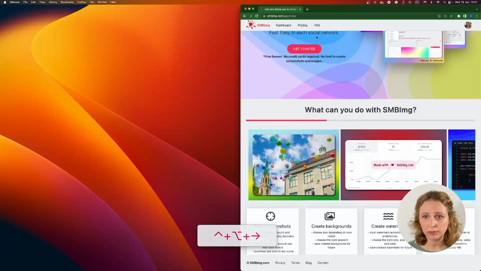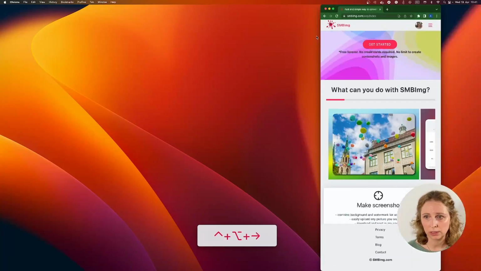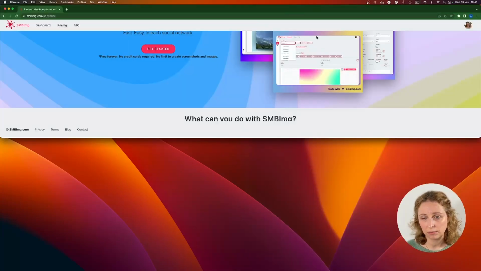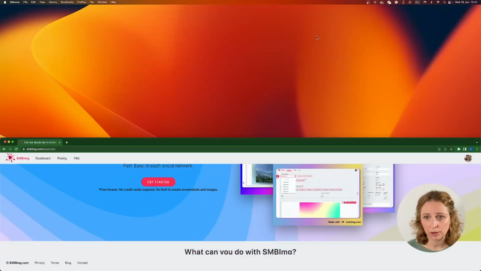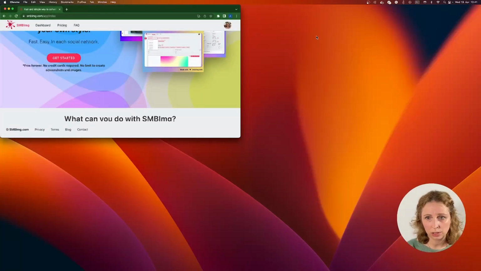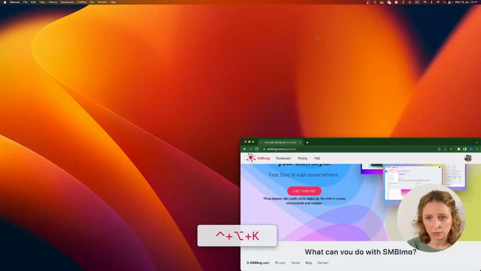Then right half, the same here. Repeated presses will resize the window. Decreases. Then top half, bottom half. Maximize. Top left, top right, bottom left, bottom right, center,